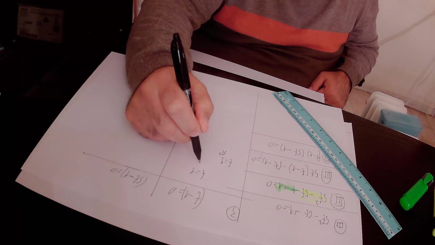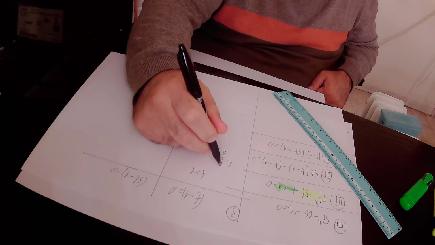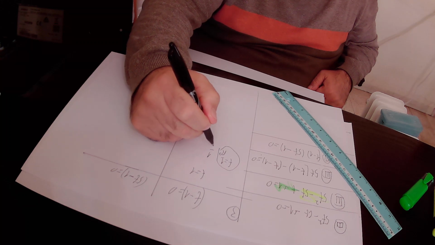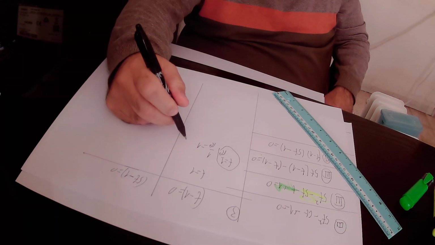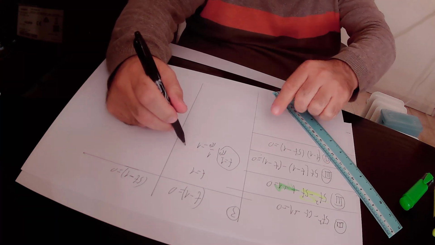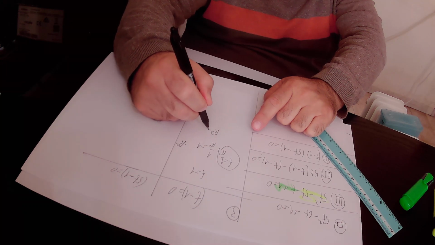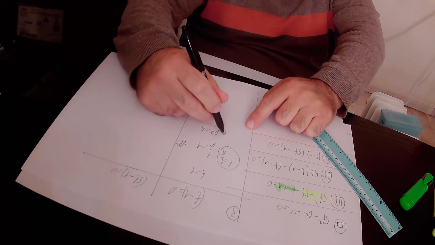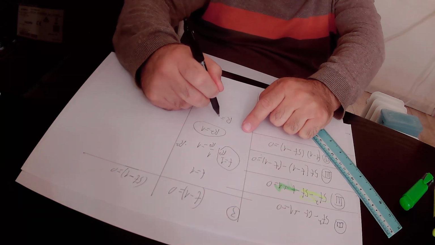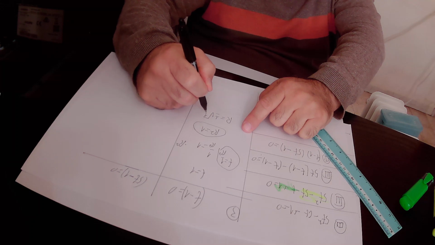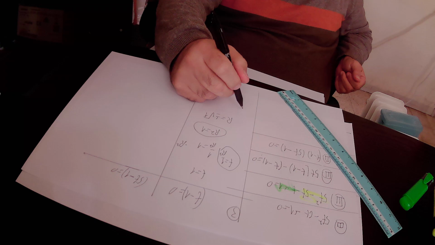So we substitute t by 1 over r squared in this equation, and we find out that 1 over r squared is equal to 1. We multiply this equation by r squared, and we get that r squared equals 1. We take the root of this equation, and we get that r equals plus or minus the square root of 1. The negative square root of 1 is minus 1,